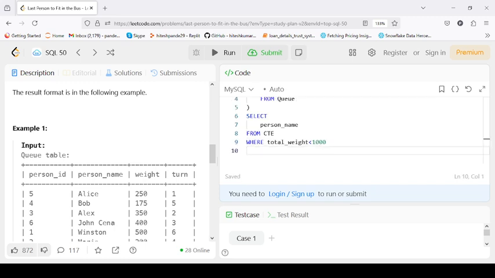less than 1000, and we have to sort the record in descending order. So for that we will write ORDER BY, we will sort the record column wise in descending order. So for that we will write the DESC keyword, and we want only the top column name. So for that we will use the LIMIT keyword, and we want only the first name. So for that we set the limit as 1. Okay, so likewise we had written this query.